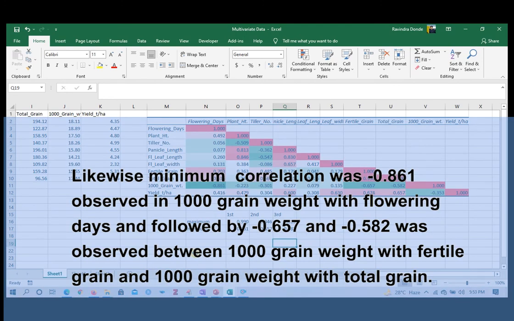Likewise, the minimum correlation, minus 0.86, was observed between 1000 grain weight and flowering days, followed by minus 0.65 and minus 0.58, observed between 1000 grain weight with fertile grain and 1000 grain weight with total grain.